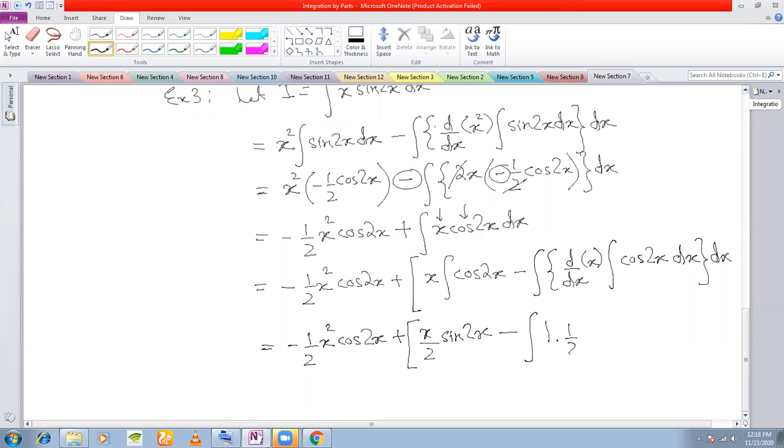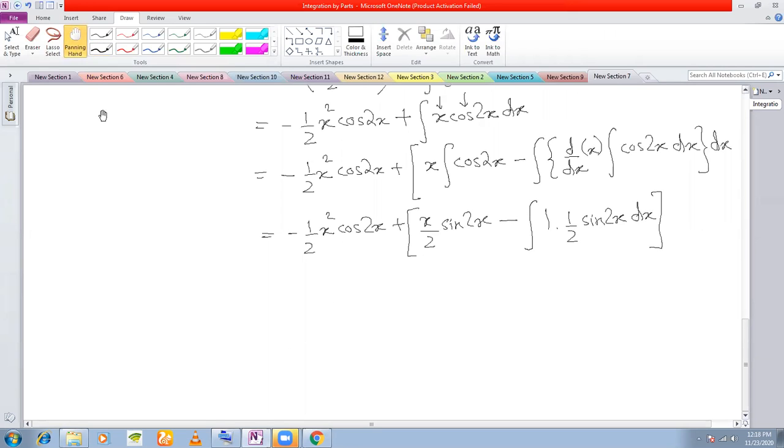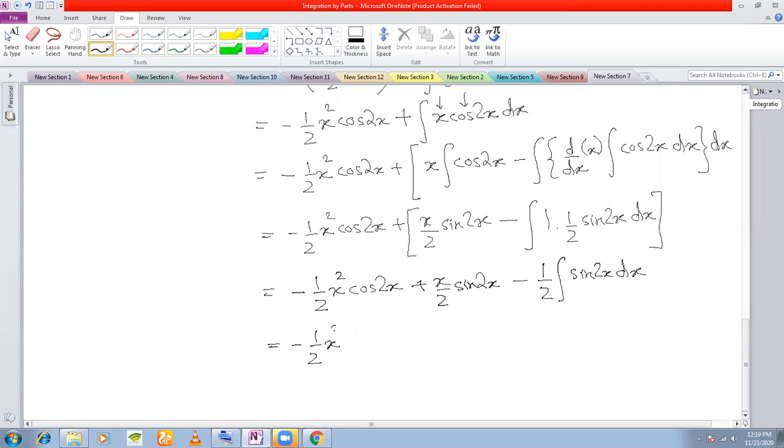Again, half sine 2x, dx. Okay, so this will become minus half x square cos 2x plus x by 2 sine 2x, and half is a constant, you can take it out, minus half integral sine 2x dx is equal to minus half x square cos 2x plus x by 2 sine 2x